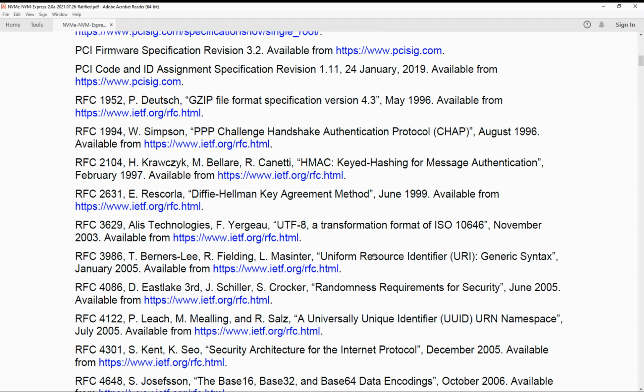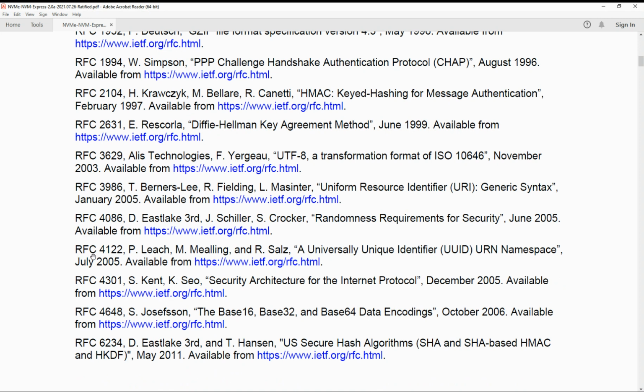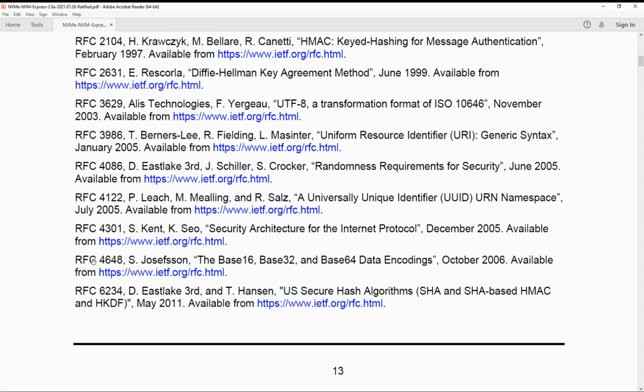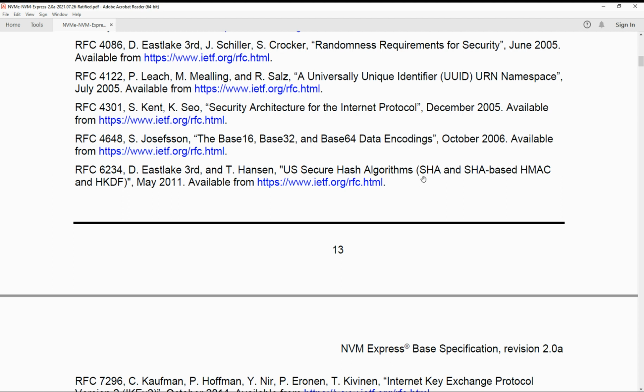RFC 3986 T. Berners-Lee, Uniform Resource Identifier URI generic syntax, 4086 randomness requirements for security, 4122 a Universally Unique Identifier UUID URN namespace, 4301 security architecture for the Internet Protocol, 4648 the Base16, Base32, and Base64 data encodings, and 6234 US secure hash algorithms SHA and SHA-based HMAC and HKDF,